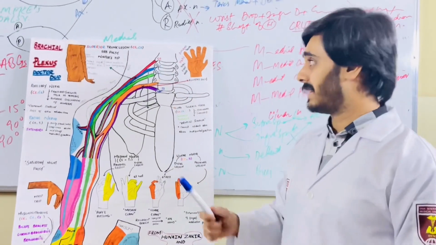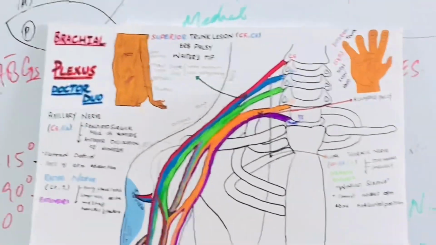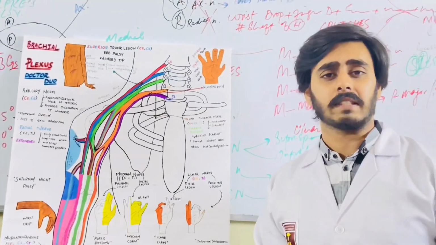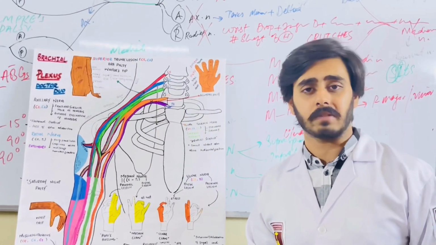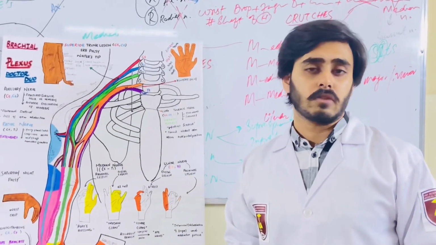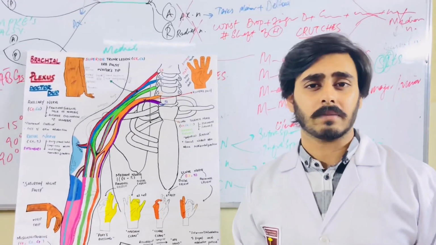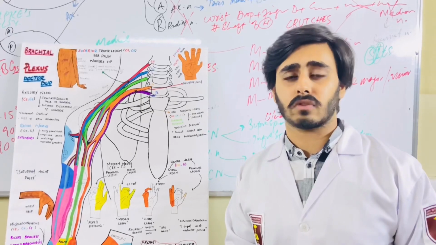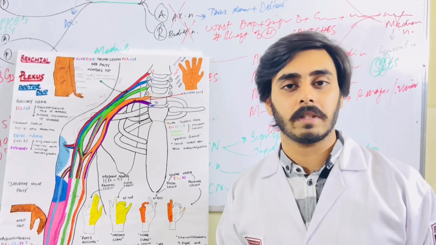Today I am going to explain a little bit about the brachial plexus. The brachial plexus is a network of nerves that carries movements and signals from the spinal cord to the arm and shoulders. Brachial plexus injuries mainly result from trauma to the neck and cause pain, weakness, and numbness in the arms and hands. It starts from the neck, passes through the axilla, and runs through the entire upper extremity.